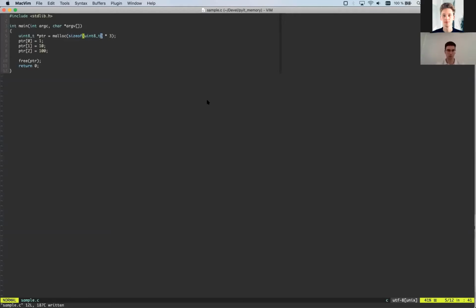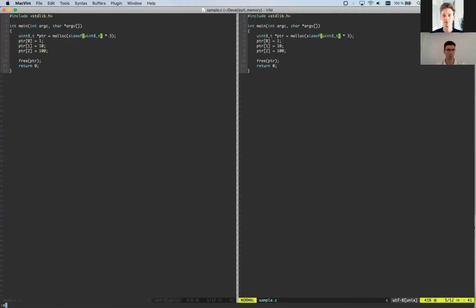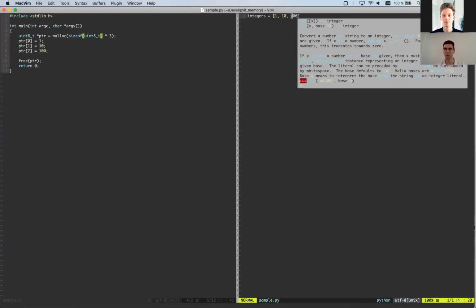Let's write a similar program in Python. So it would be called a list, not an array. So integers, let's say integers. So this is your main advantage of using Python. It's very simple to do stuff.